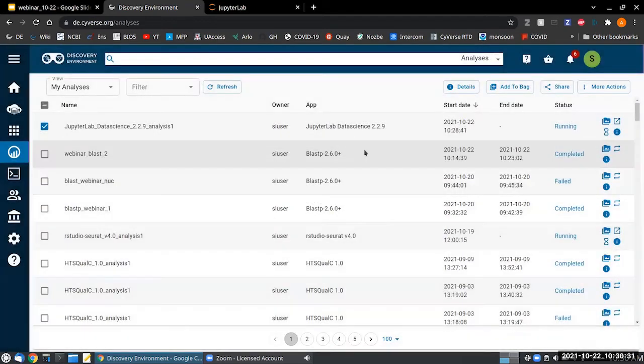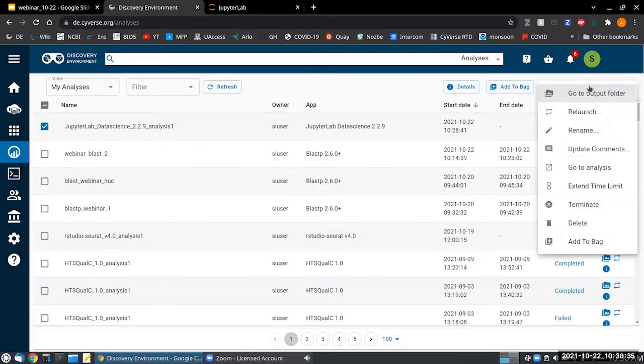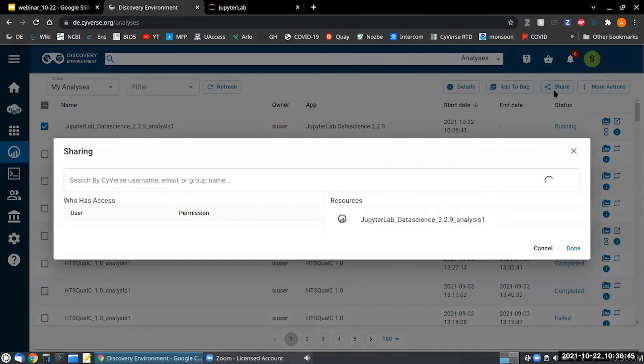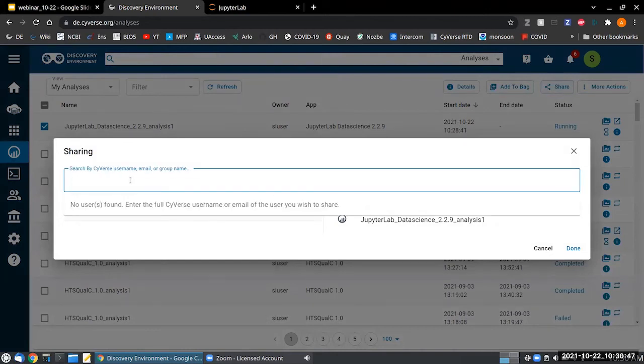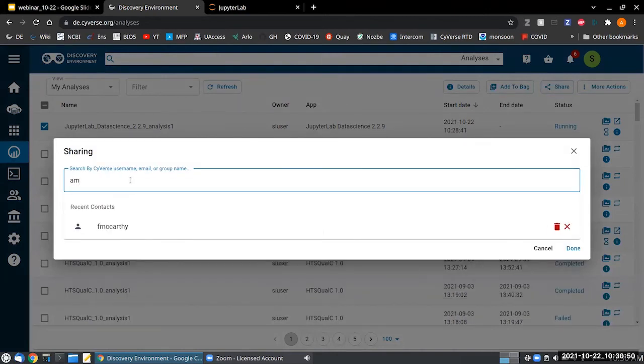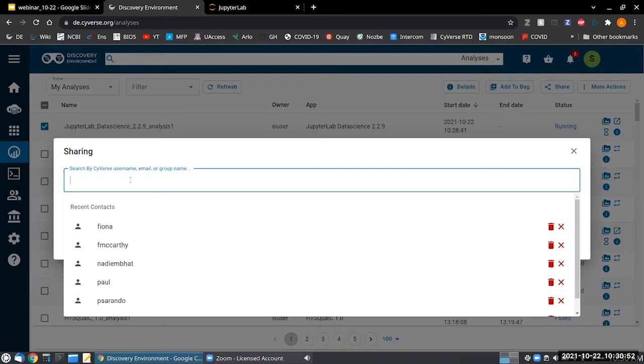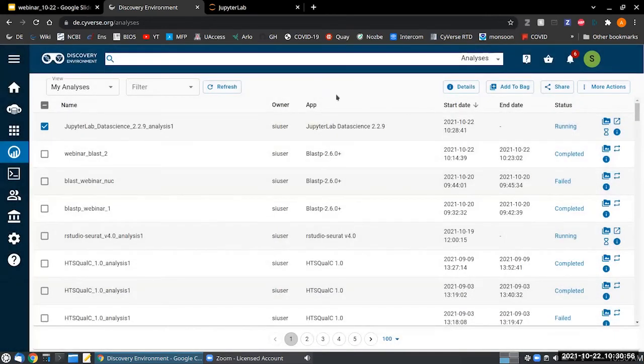In the same way Amanda shared the app with me, you can share a running analysis also, if you think that someone can troubleshoot for you. So you click on the app, share, and I can share with Amanda here. You need to type their CyVerse ID or search by their email, and she will get access to my Jupyter Lab or RStudio